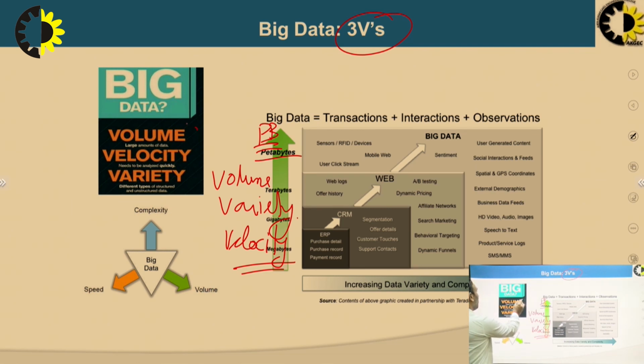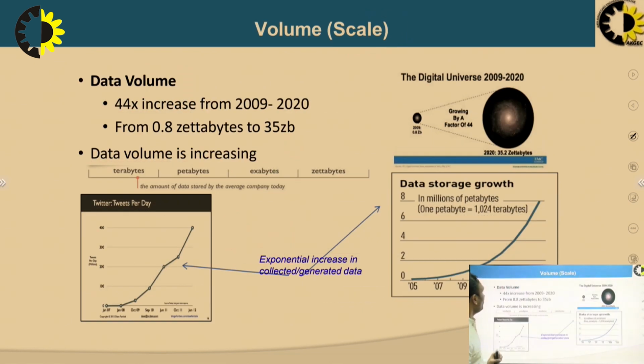So what is the volume of data? What is the velocity of data? What are the different varieties of data that will help us manage or categorize big data? Let's have a look. If we talk about the volume,